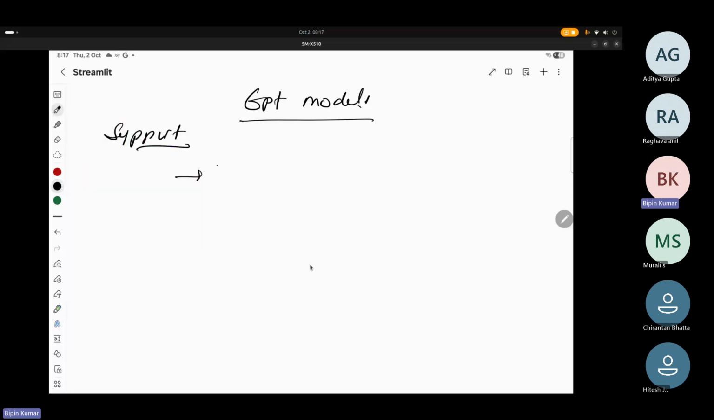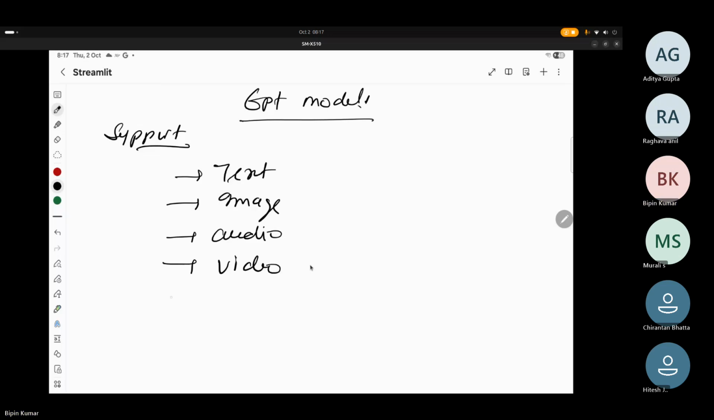So text, it can support image, audio, video, PDF file. Okay. So it supports all these things. Now